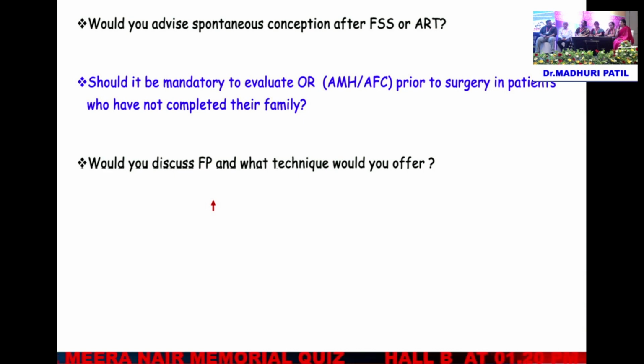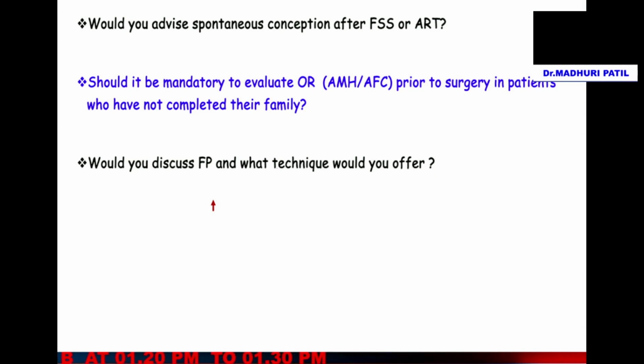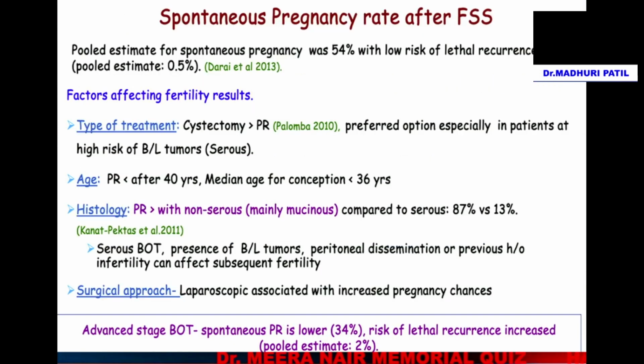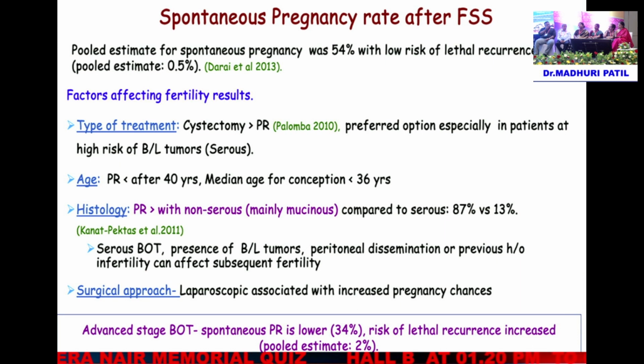Well, if the patient is referred to me, definitely we'll discuss, and then post-surgery she can take a call as to what she wants to do, whether she wants to do oocyte freezing or embryo freezing, or maybe just go for IVF with the transfer straight away after her surgery, because as we said, if she's married and looking for fertility, then just freezing doesn't make any sense. Yeah, so the spontaneous pregnancy rates are good enough, so we can allow them to try to conceive spontaneously for almost 3 months.